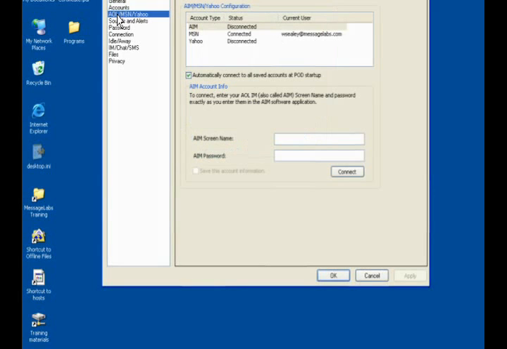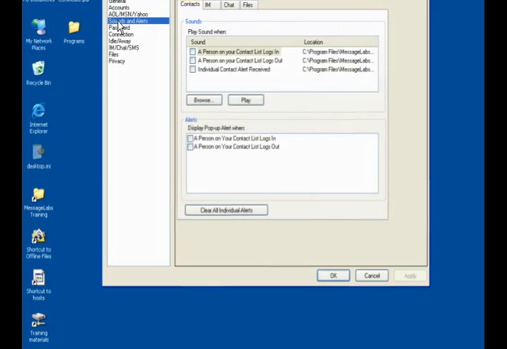In order to communicate with contacts who use AIM, MSN or Yahoo, you need to have an existing account with the relevant service. If you have an account, you can enter the information on this screen. If you don't have an account, you will need to visit the homepage of the service provider to set one up before you can configure it via the pod. On the Alerts tab, you can configure how the pod will alert you when people log in or log out, when they send you an IM,